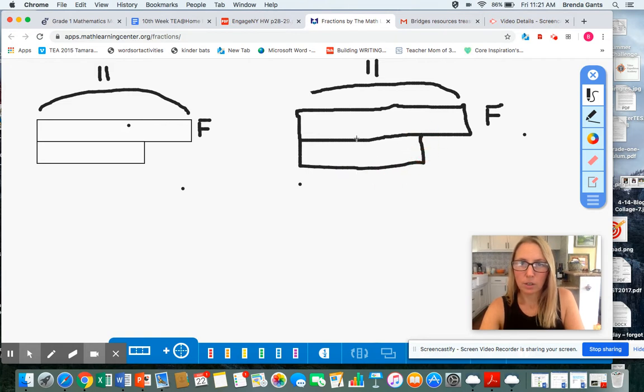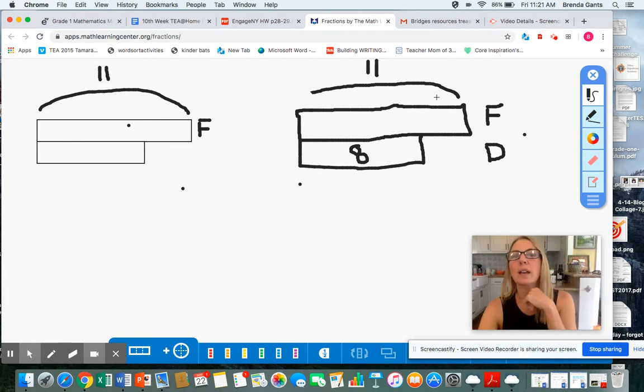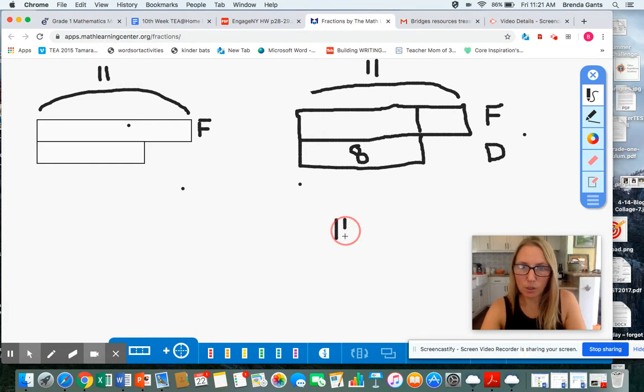Okay, so I'm going to write right inside this one that that's an 8 and that those are Darnell's 8 books. And now I'm going to compare that to Fran's 11 books. So I'm going to draw this line right here and go, wow, if I took Fran's 11 books and I just split it into parts, how we've done so many times when we did these little number bonds, Fran's 11